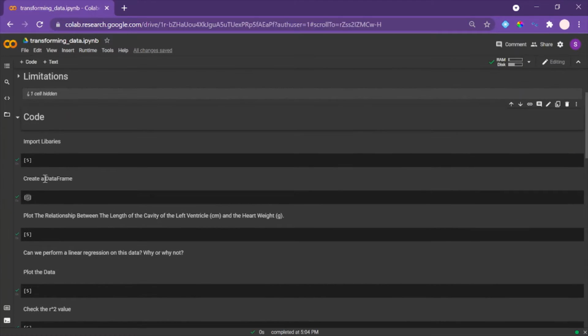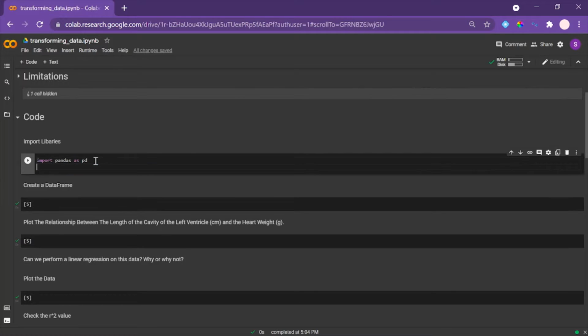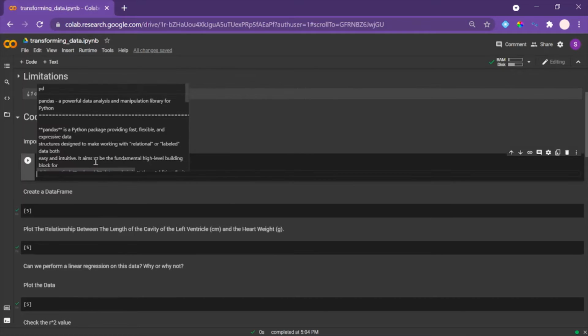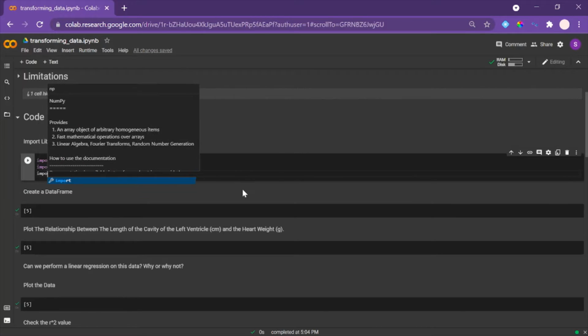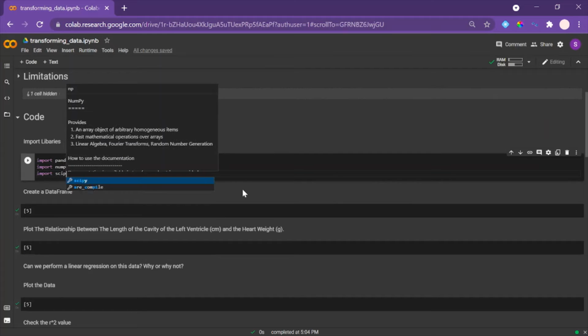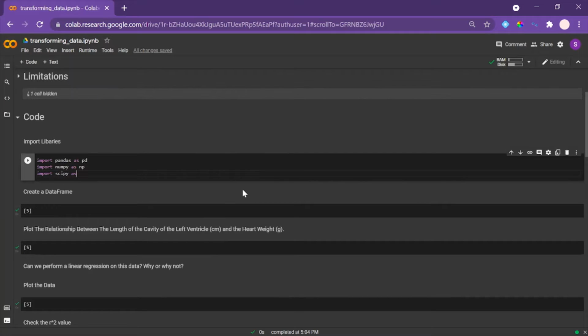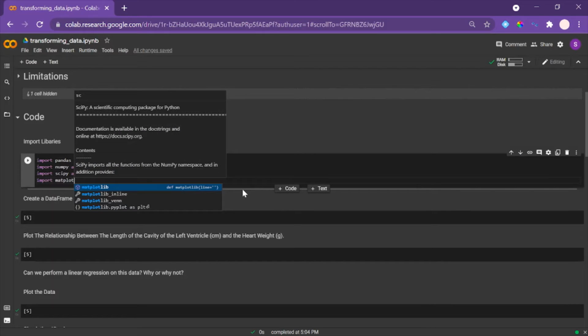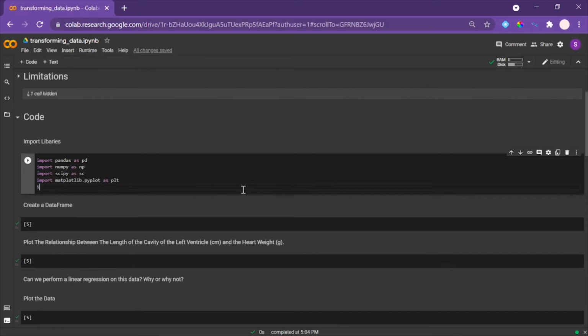But before I get into the context of the problem, I'm going to show you what the data set looks like. We're going to start by importing the libraries that we need. So the first one would be pandas for data manipulation. We would want to do NumPy because we're going to need that for our calculations. We would want to do SciPy because we're also going to need that for our calculations. And then for plotting, we're going to do